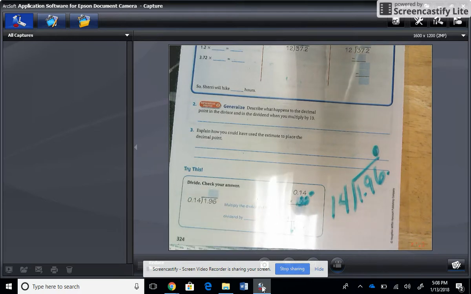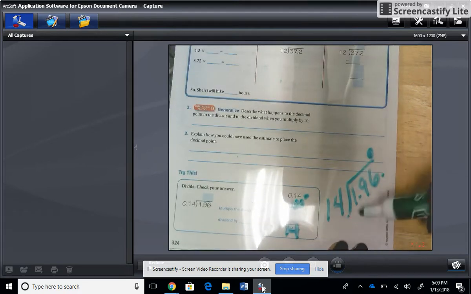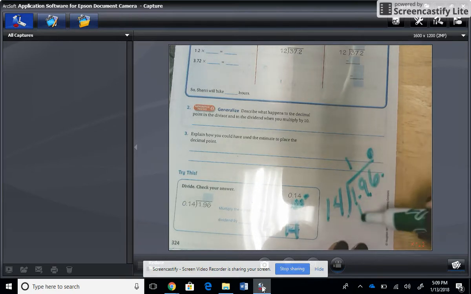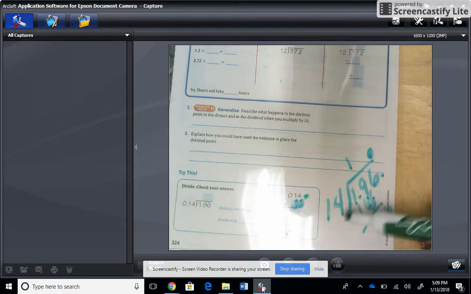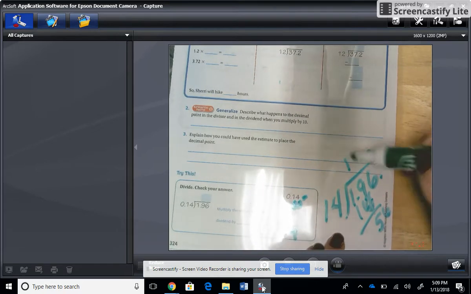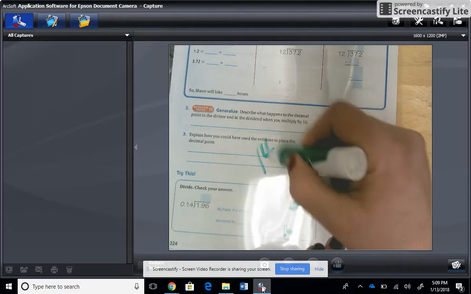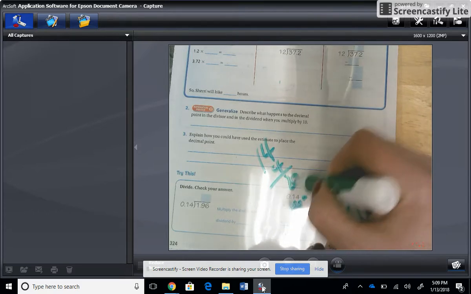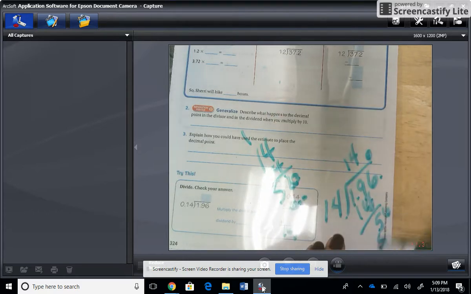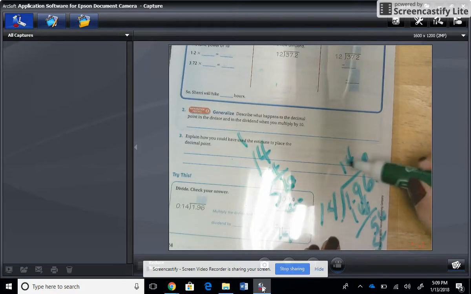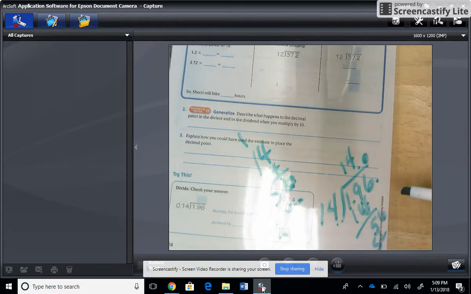So we're going to divide and check our answer. So we're going to start checking our answers. And how do we check division? By the inverse operation of multiplication. So 14 times what gets me to 19? 1. And I get 14. I have 56. 14 times 4, 16, it's 56. So 14 times 14,